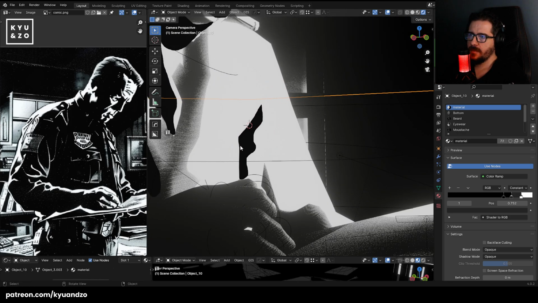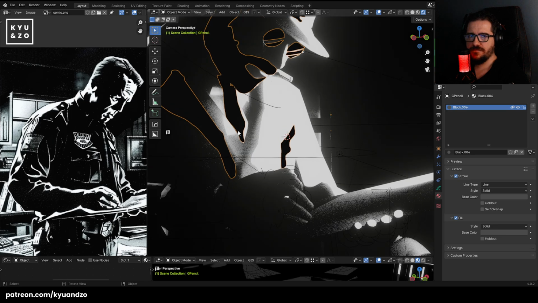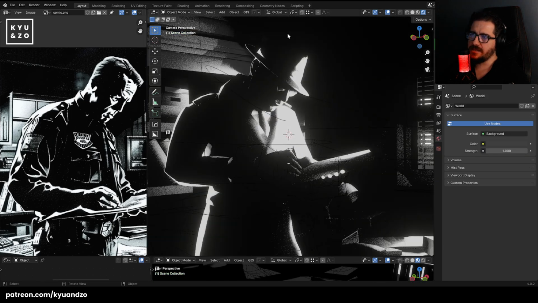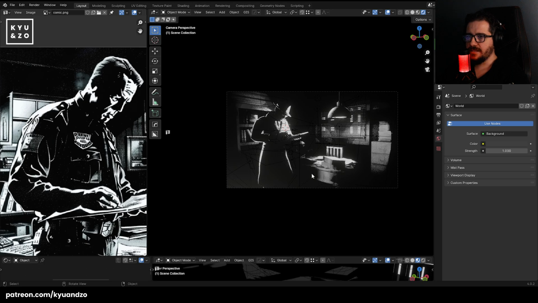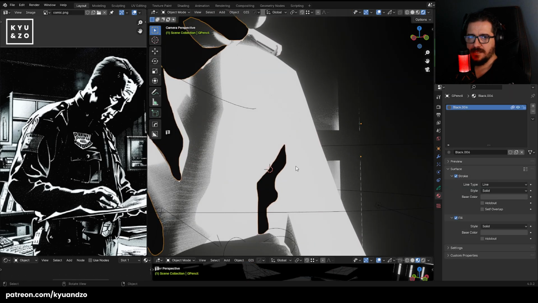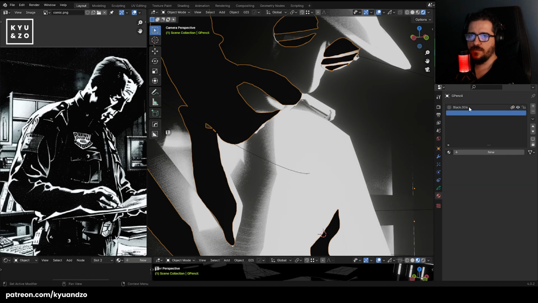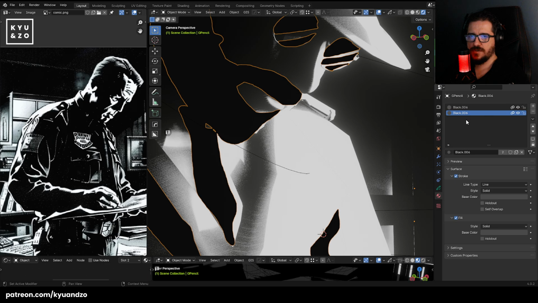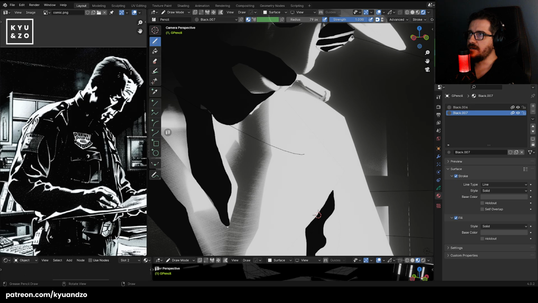Let's play with it a little bit more. I already gave up on the grease pencil because I like those grain colors and stuff. We're going to play with it in Photoshop, and that's how Noir style, I like it. But let's play with it a little bit more. So let's say you want to have more. You can just duplicate it. Oh, by the way, just select this one and now duplicate it. It's going to have the same settings here. So let's play with it